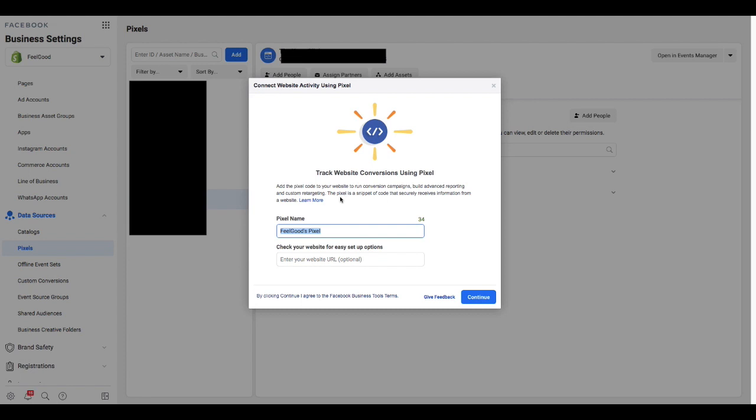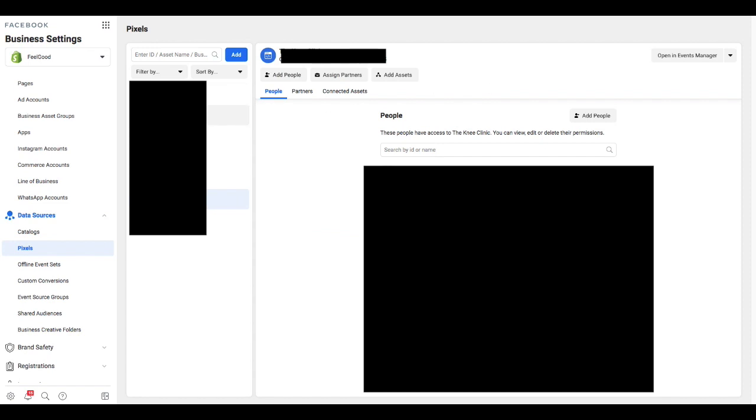So I would call this the name of your Facebook page. If your Facebook page is called I'm Happy, you call it I'm Happy. You can literally call it anything, it doesn't matter. You don't have to enter this in here because you are using Shine On platform, so you can leave this blank, continue, fix that pixel up, and then when that pixel appears in here, click that pixel,